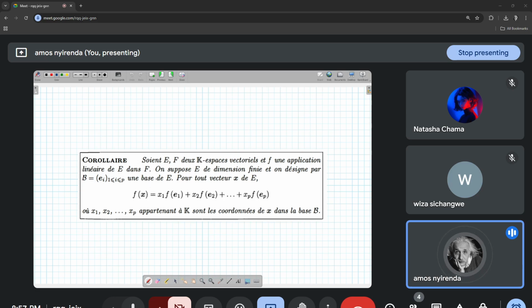Okay, let's look at this corollaire, or we look at this proposition. Soit E et F, deux espaces vectoriels, et f une application linéaire de E dans F. On suppose que E est de dimension finie. Remember, let me remind you that the dimension of an espace vectoriel is the number of elements in the base